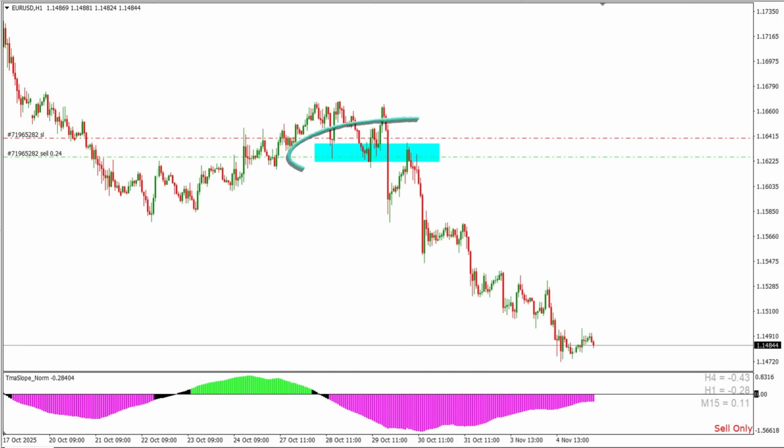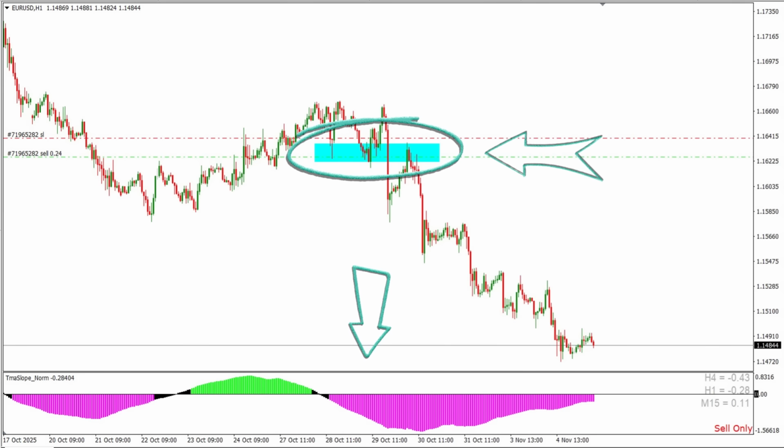Once the TMA confirms that the trend is down, then what I'm looking for is support zones which can get converted into resistance zones. So then I wait for the opportunity. Like you can see over here very, very clearly that the TMA has already given me a bearish direction. Then I wait for the price to come to an area which was earlier a support and now has become a resistance. And over there, when I see one red candle which is coming down, I immediately put a sell on the first candle itself.